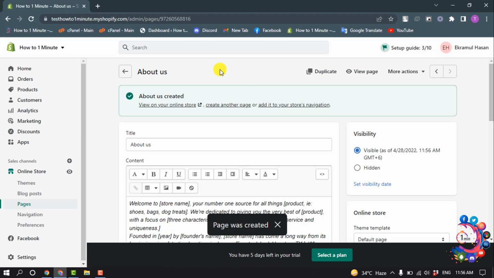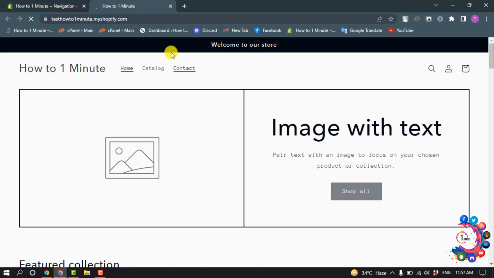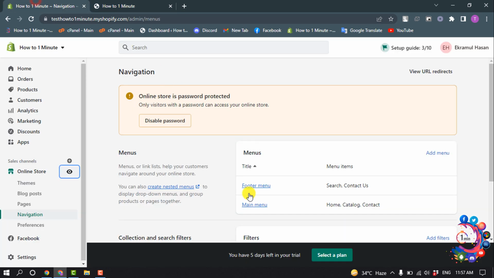Now we need to add this About Us page to our website menu. So go to Navigation and here you'll find two options, footer menu and main menu. So I'm going to open my website, and as you can see there is no About Us item here, so I'm going to add the About Us page to my main menu. So I'm going to select main menu